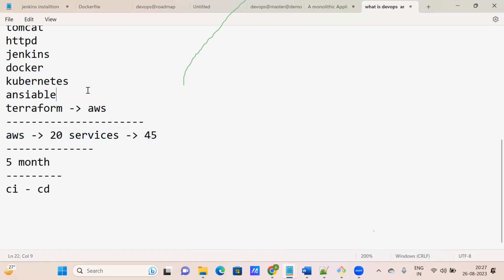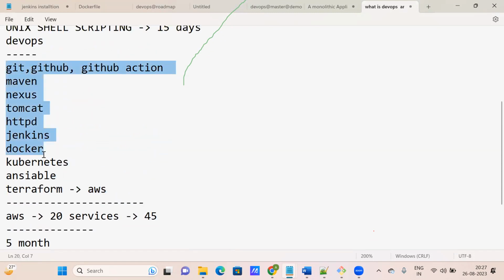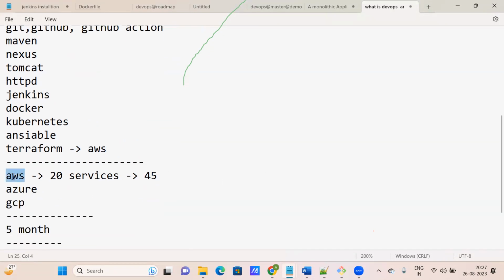If you learn all these tools, you are fit for Azure, fit for GCP, fit for AWS, because AWS has a separate CI/CD, Azure has a separate CI/CD, and GCP has a separate CI/CD. AWS is Amazon, Azure is Microsoft, GCP is Google.